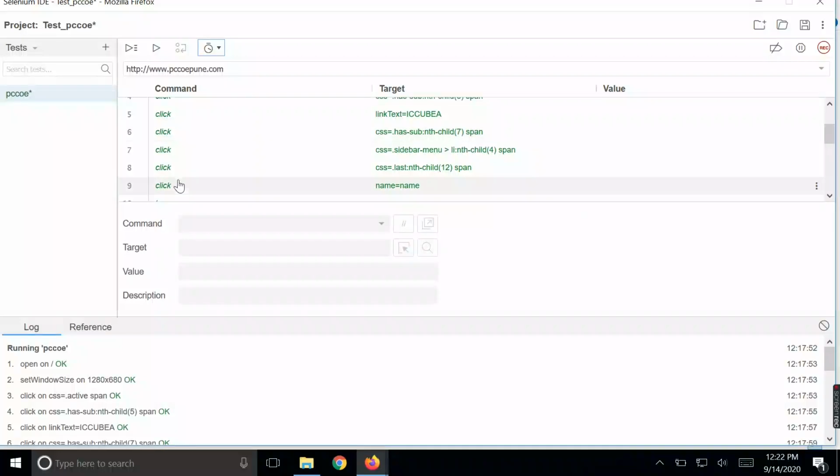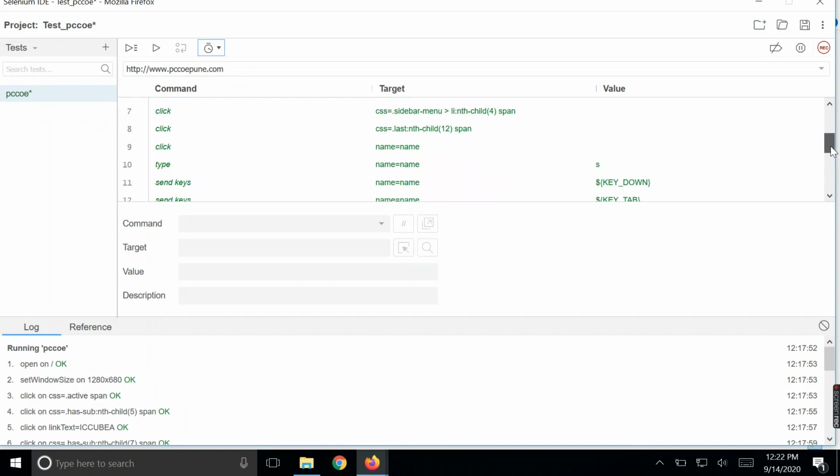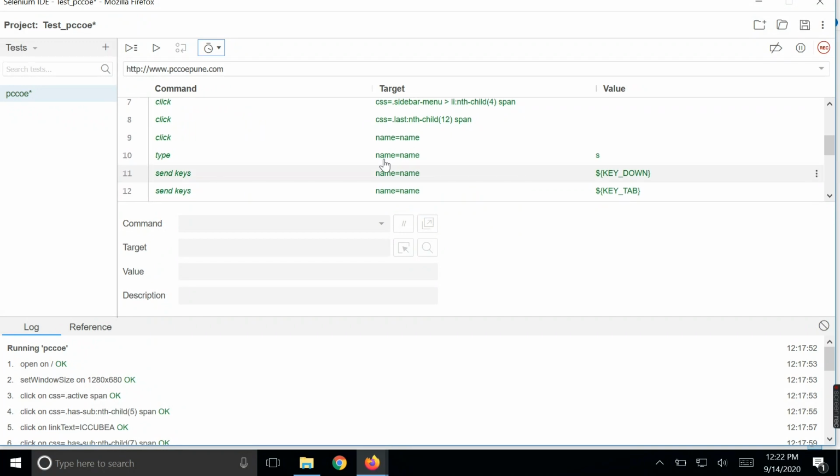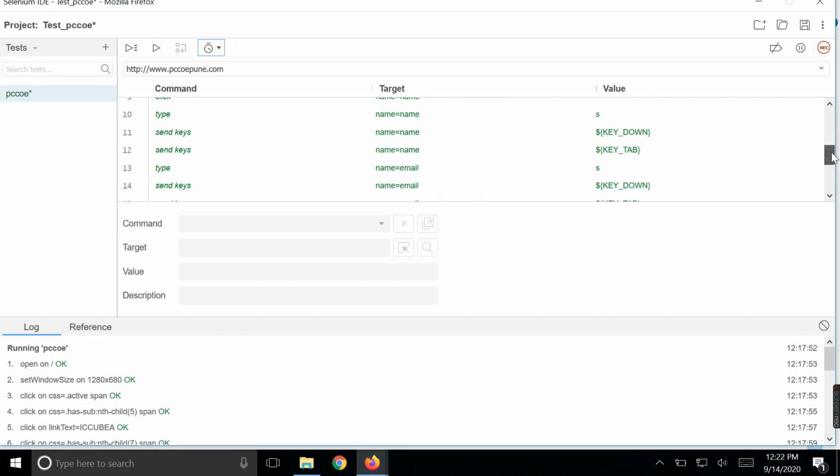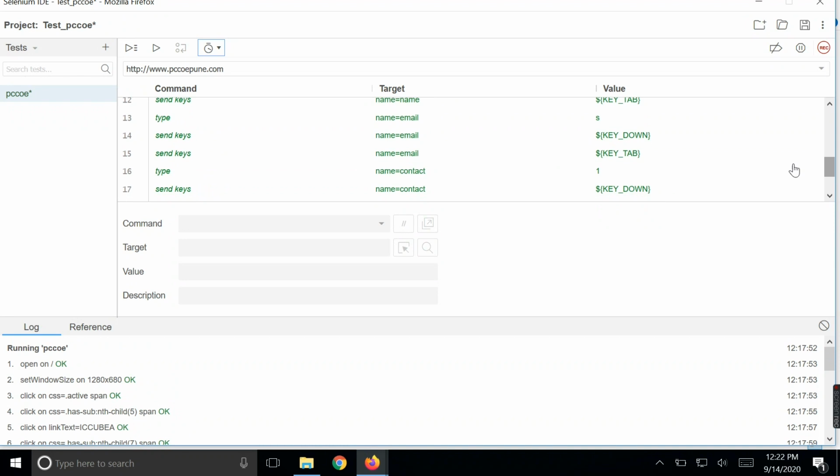So for all the click commands, as the page is static, I have clicked all the portions of the website to see its interaction, and then I have used the type command. Type is for the name field, so this is a text field, and this command is type, because in a text field you use type, you don't use click. So you type something. If I type, suppose, S, then it will come as S. Then key down tab, I have pressed to shift from one text box to another text box. Then I have used name, and then contact, email, all with type.